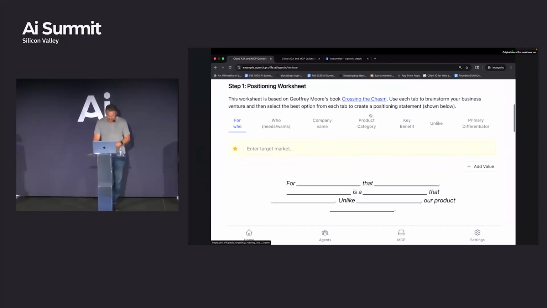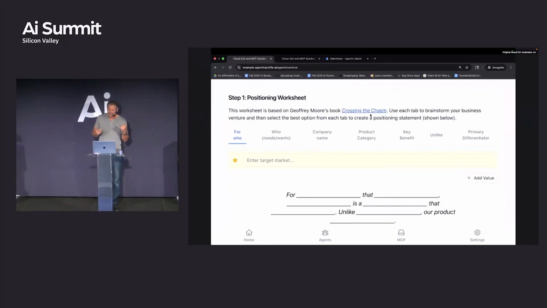In the Crossing the Chasm book, his positioning worksheet basically has about 6 basic questions. Once you answer them, you're in a position to have an elevator pitch. What I find mostly is people avoid some of these because they think their thing is special, and they talk around the very important part someone needs to hear. So I'll do one right now for the fun of it. Or maybe we'll do a group exercise. If I was going to do a startup right now, what startup should I do? Noodle on that for about 10 seconds.